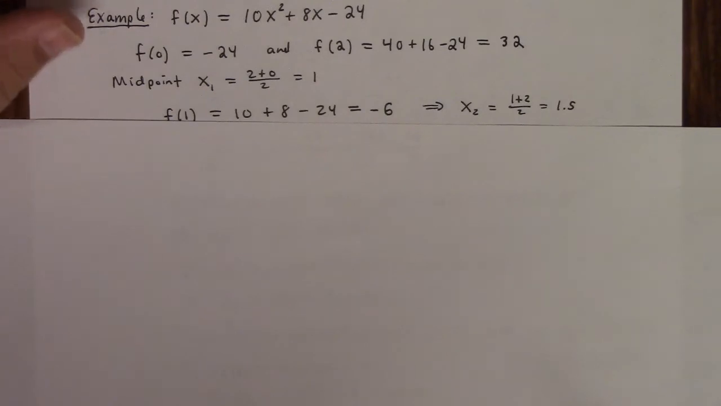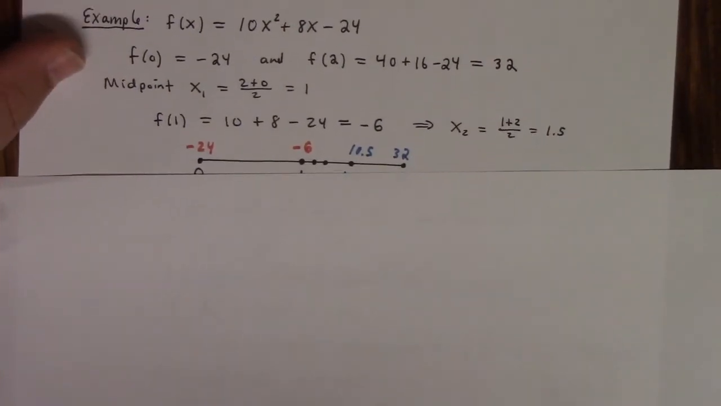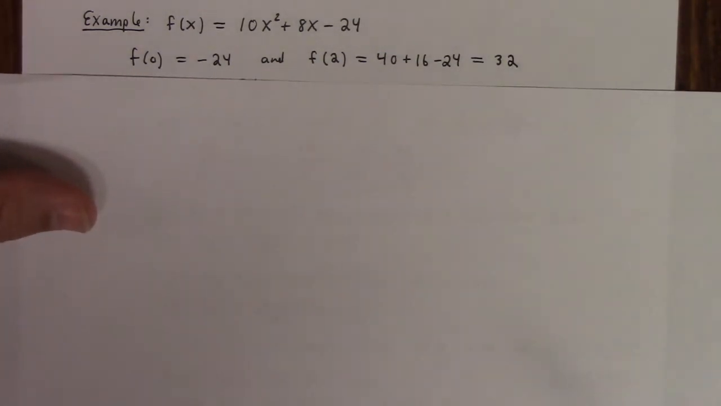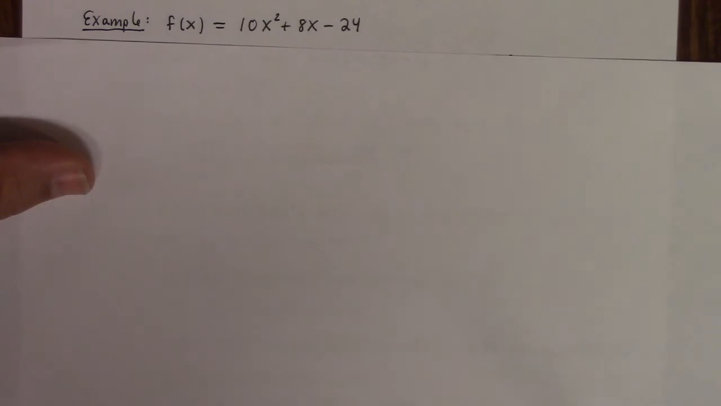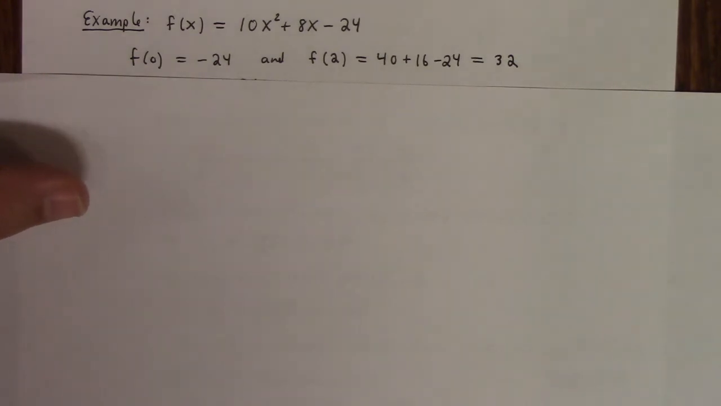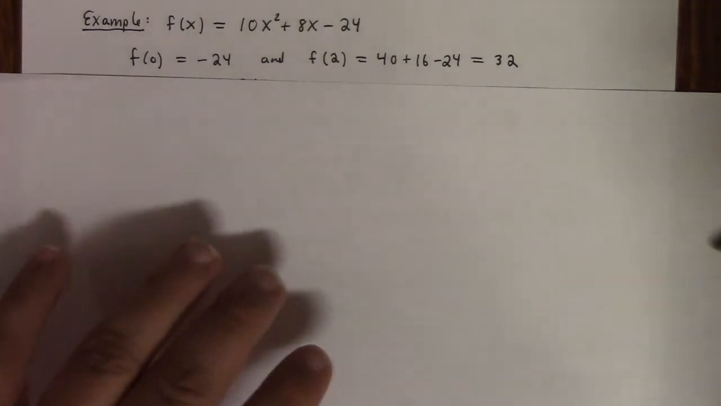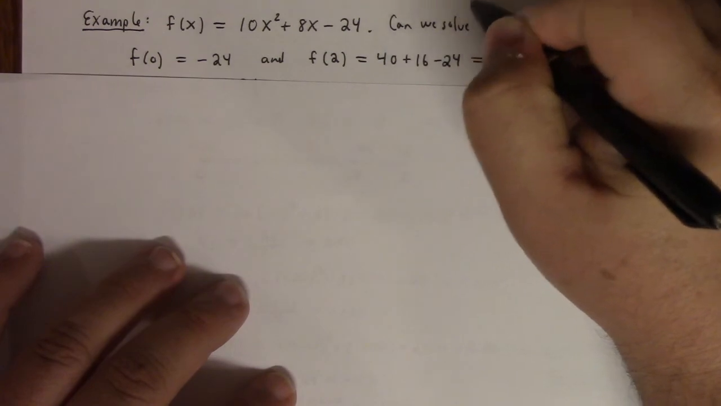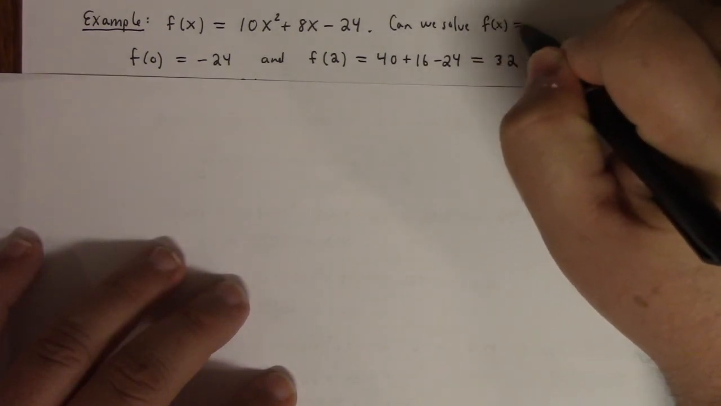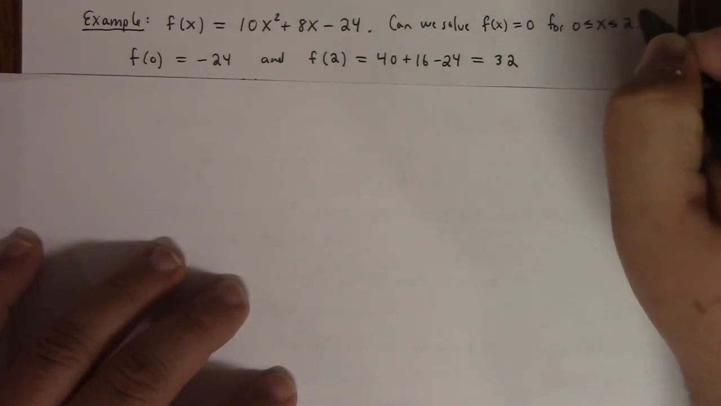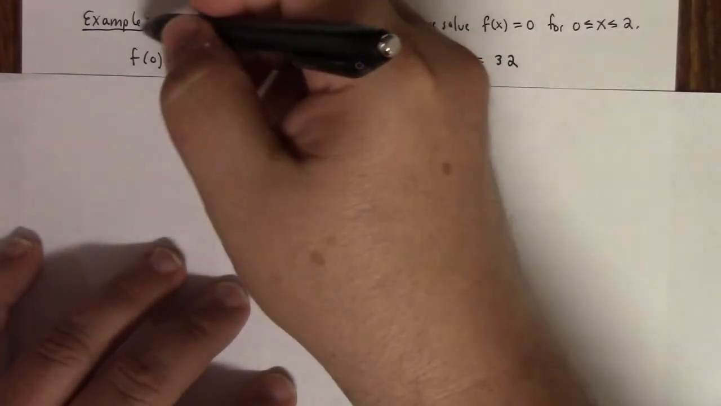And so I think that algorithm, it's easy to hear a person say, but it's much better to see it on an example. So let's look at it. Here's one. f of x is 10x squared plus 8x minus 24. So I'm going to look at trying to see, is there a 0 between 0 and 2? That's the question I'm asking. Can we solve f of x equals 0 for 0 less than or equal to x less than or equal to 2? All right. And so the answer to that question